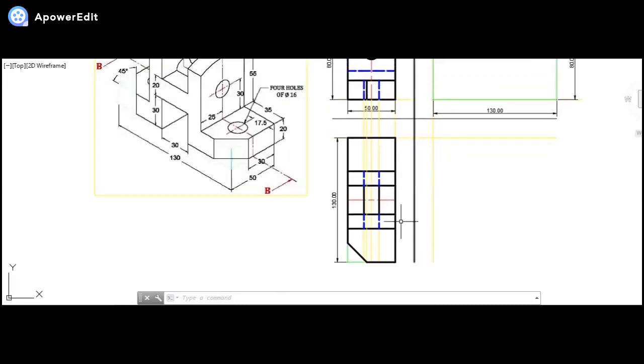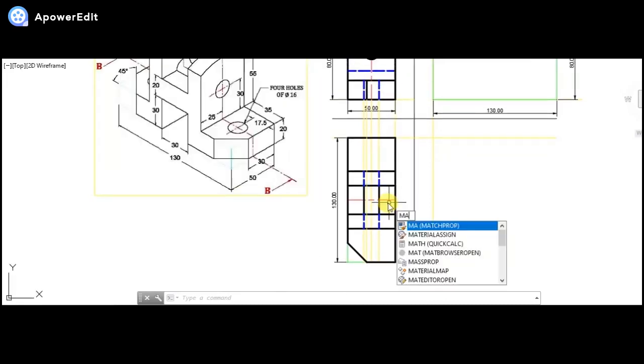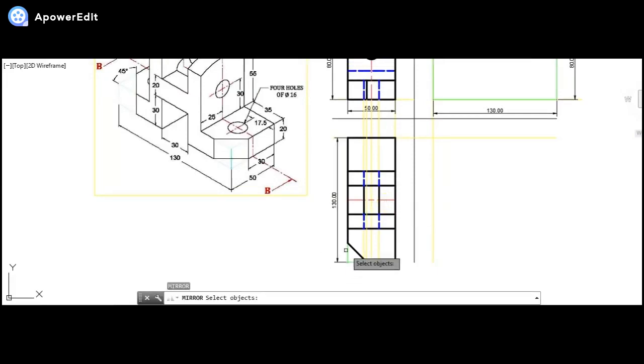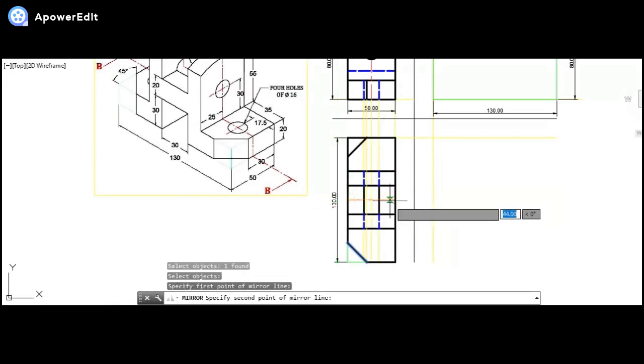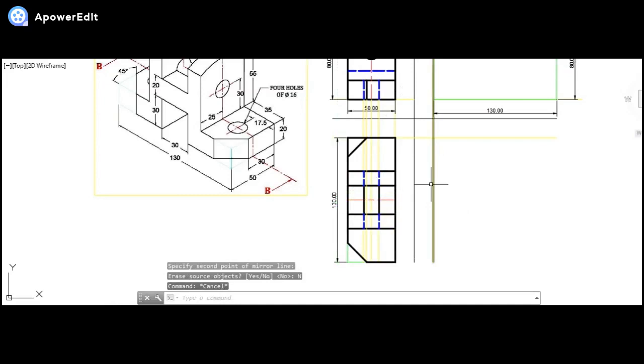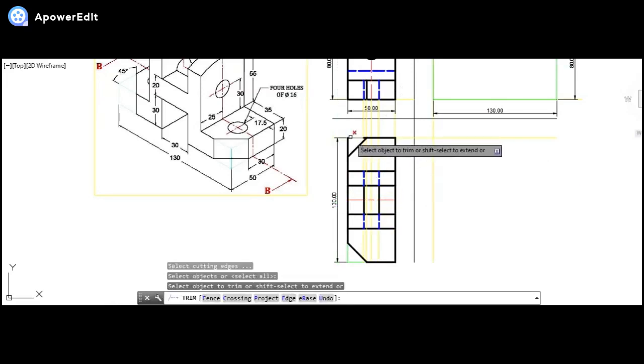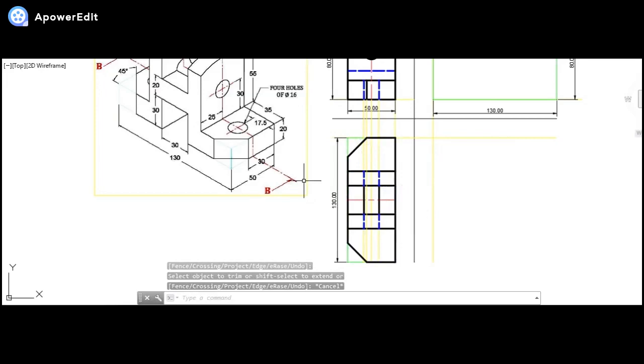Okay. Once we are done, the same thing I can draw on the other side. So I'll select this. Now from this till here. Okay, and only the edges, those we don't want, we are going to trim out. Okay, so this is the way the top view is going to look.